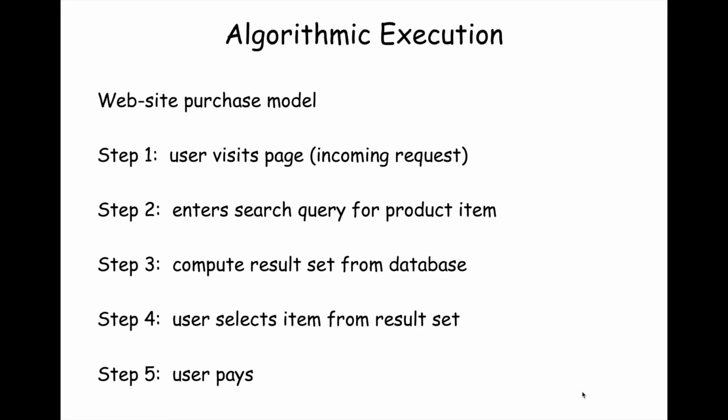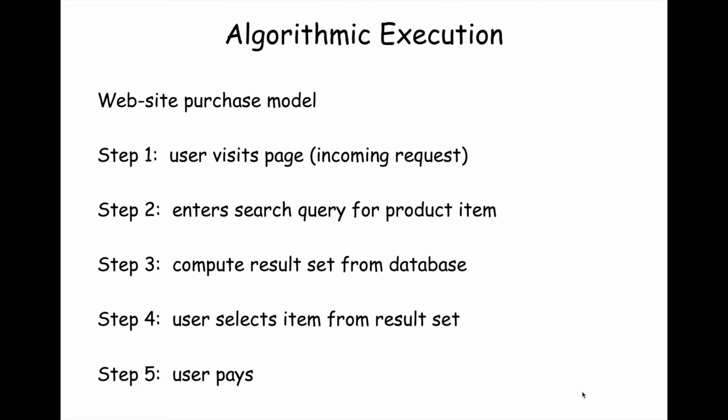And then you enter in a search query for some product item, okay? And that takes some amount of time. It's not a lot of time, but if you do it again and again and instrument that with a timer, it's going to be some stochastic amount of time that you can also describe by an exponential distribution. Let's say you're shopping for, like I was before, a marinade injector. It looks like a big metal syringe, and you use it to put marinade on stuff before you put it in the oven, to get the marinade inside of the turkey flesh or whatever. Anyways, you enter in a search query, and that's going to take a different amount of time.